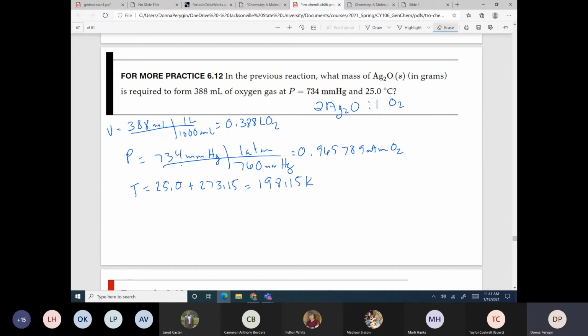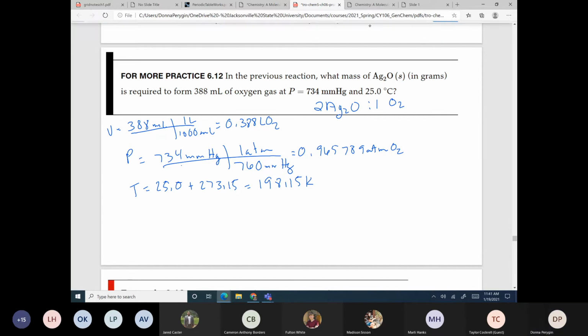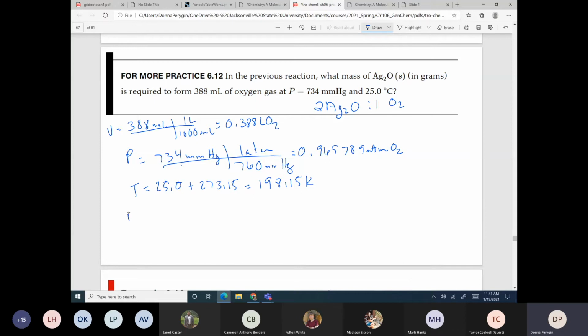All right, so what are we going to do? We got PV equals nRT. All right, so moles of O2 is equal to pressure, that's the partial pressure of O2, times the volume of O2,